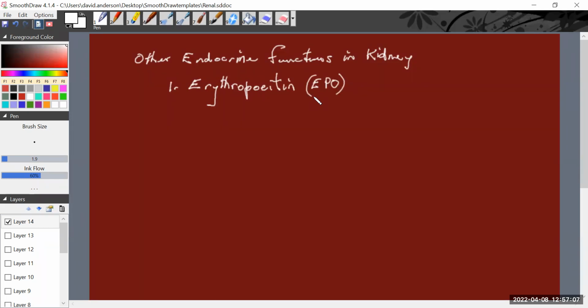Remember that one? Yeah. We talked about that when we talked about blood and red blood cells in particular. Any scenario where there's poor oxygen delivery, we need to increase red blood cell production. So the goal of erythropoietin is to increase red blood cell numbers